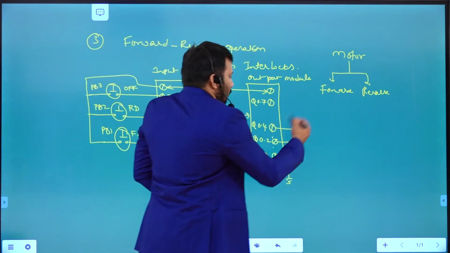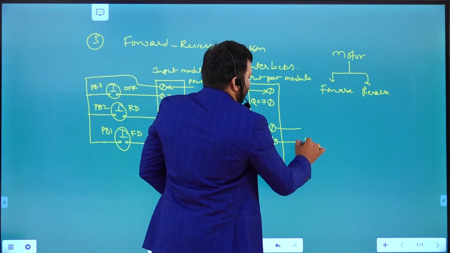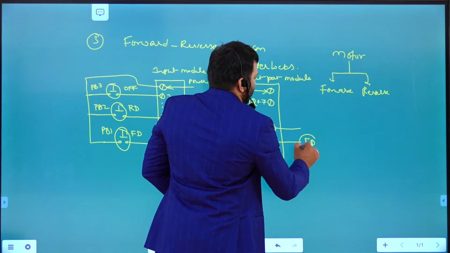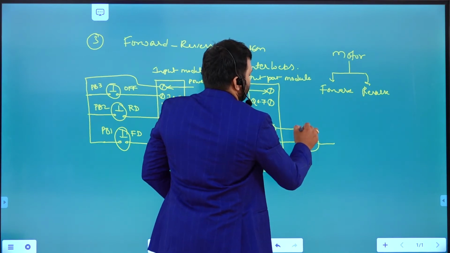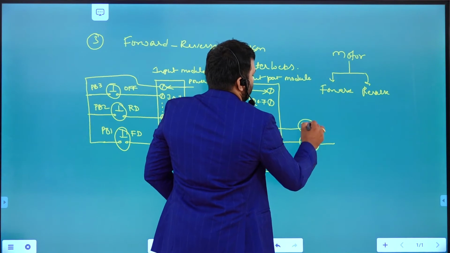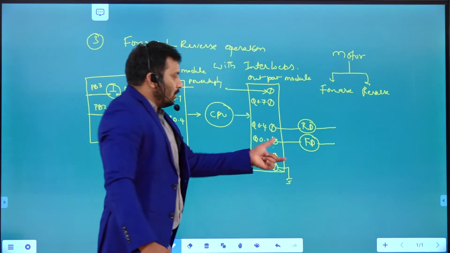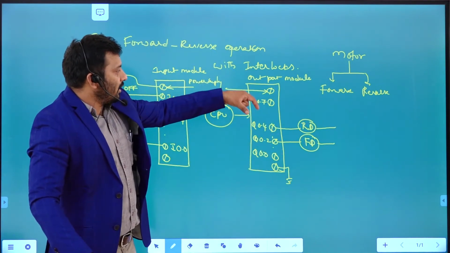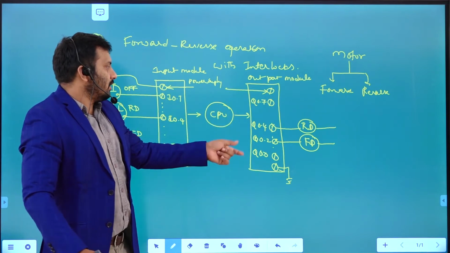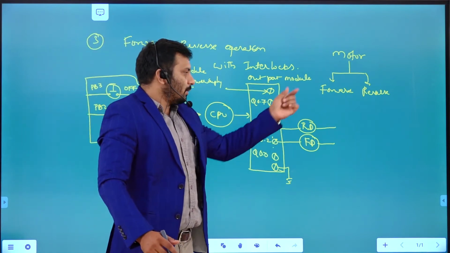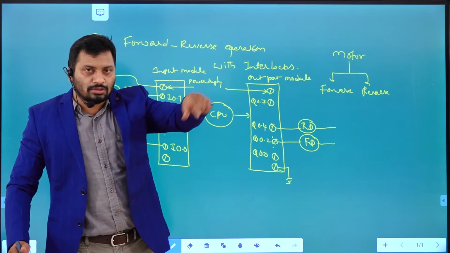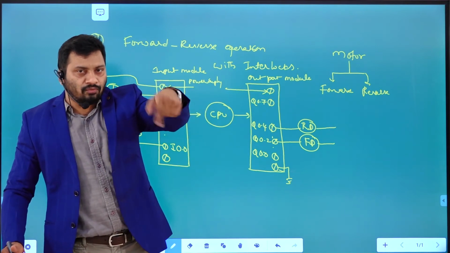To give the supply for forward direction motion, and this one for the reverse direction, we control the motor in the forward or reverse direction. This one is going to give supply to the coil which rotates the motor in the forward direction.